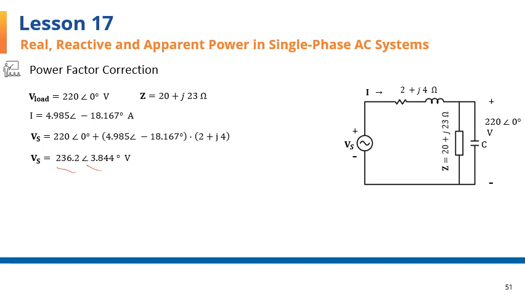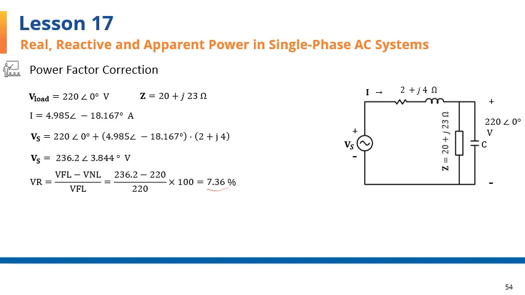We can find the voltage regulation now. And VR again is voltage at full load, which is this, minus voltage at no load, which is 220, divided by voltage at full load. I wrote this backwards. It should be voltage at no load minus voltage at full load divided by voltage at full load, so that the numerator comes out positive. And so 236.2 for no load minus 220 for full load divided by 220 times 100 gives me